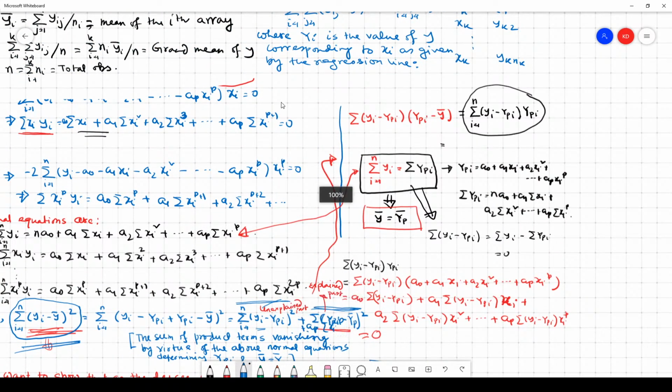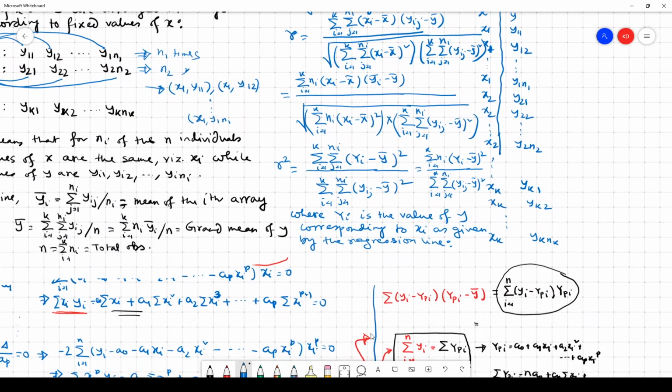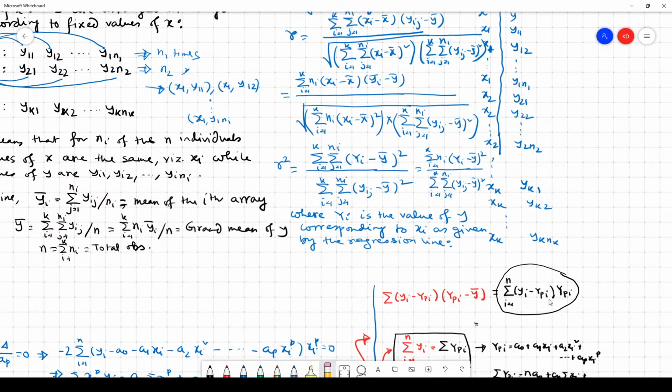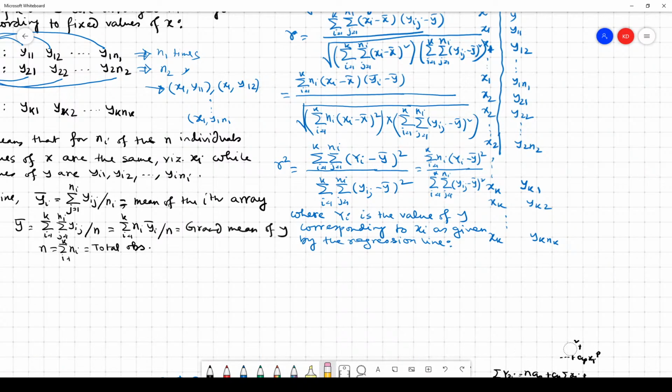Okay, all right. The regression line is capital Yi equal to a plus b xi, and